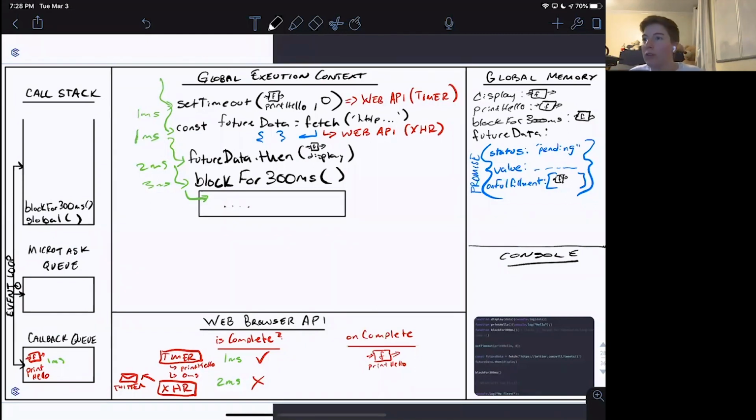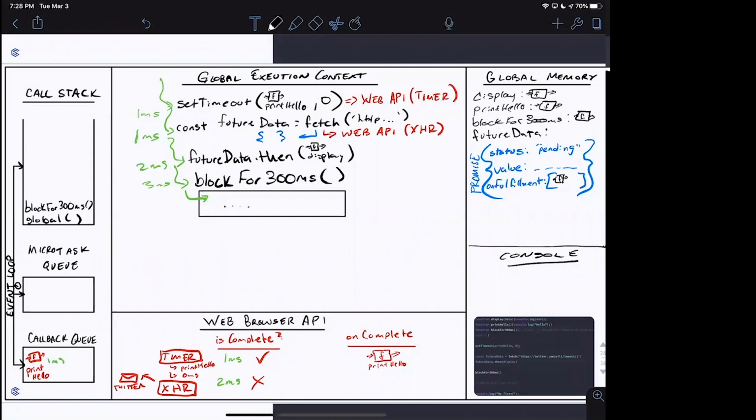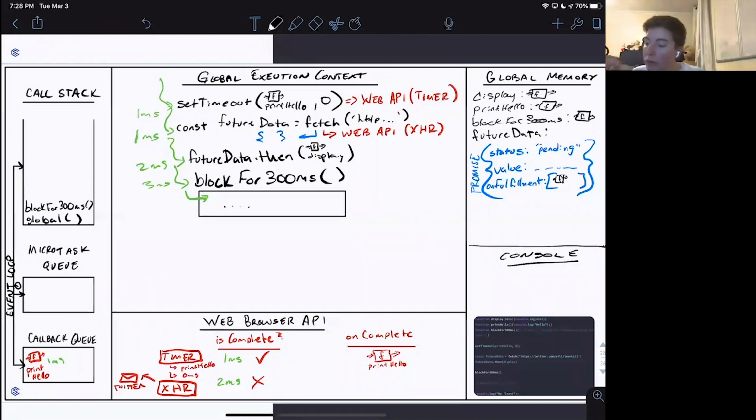We could run a long loop for a little while. Yeah, exactly. So we're gonna add 300 milliseconds in here somehow, probably with some sort of loop. Awesome. Thank you, Tyler. We're gonna pause in there for a minute while that block for 300 milliseconds is running,